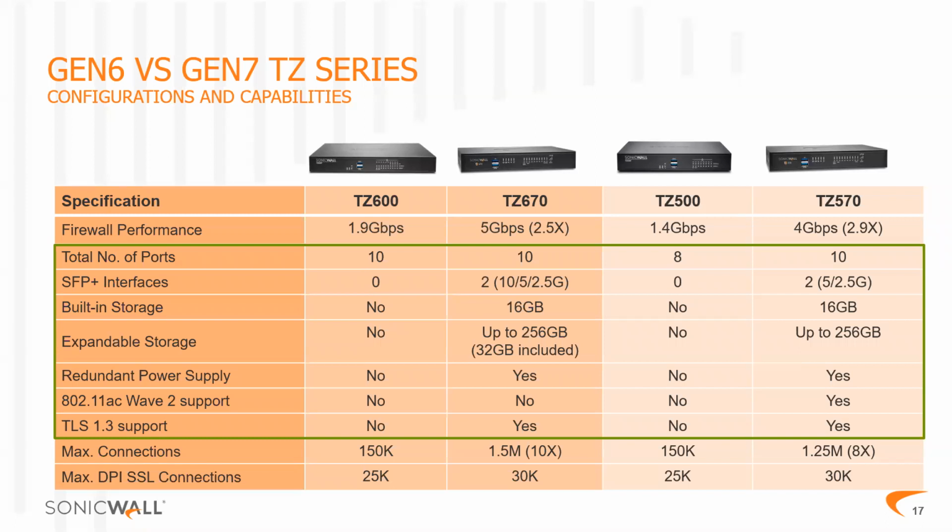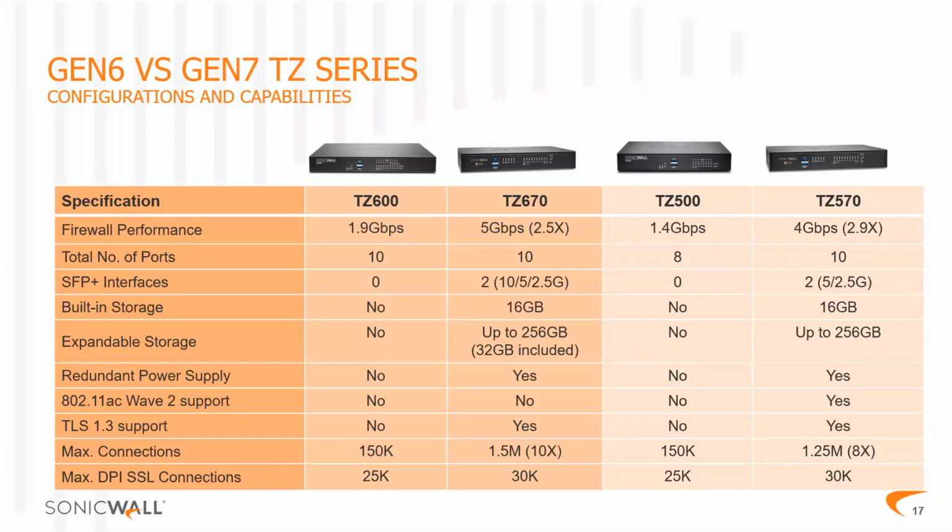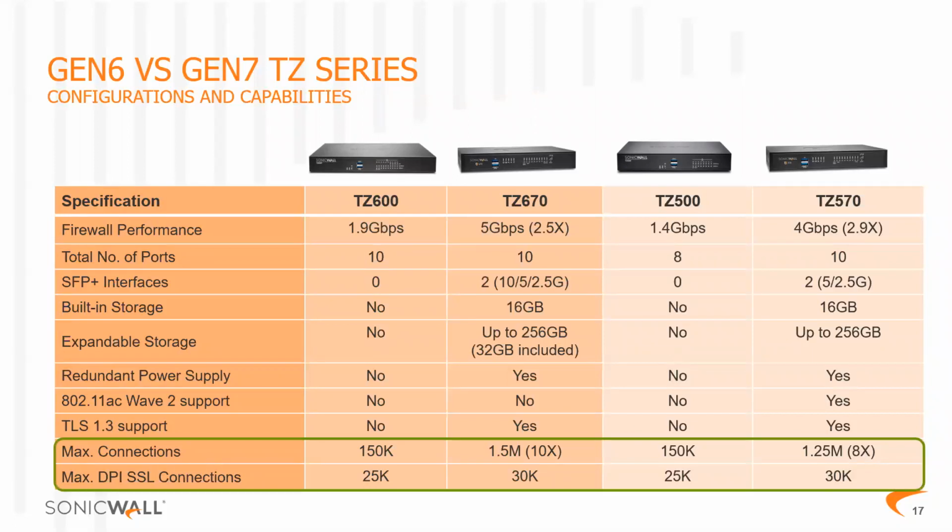So we can see the number of interfaces on the TZ500 has grown from 8 to 10, which is obviously a really nice thing. On top of that, we've also got additional SFP ports in there, which will do up to 5 gigs, which is great. We've got more memory, onboard storage as well, redundant power supplies, TLS 1.3 support, and AC Wave 2 support as well. If we come down the bottom, we can also see the maximum connection count has greatly